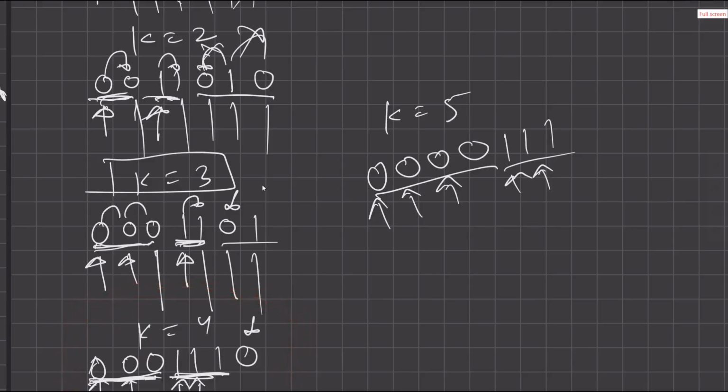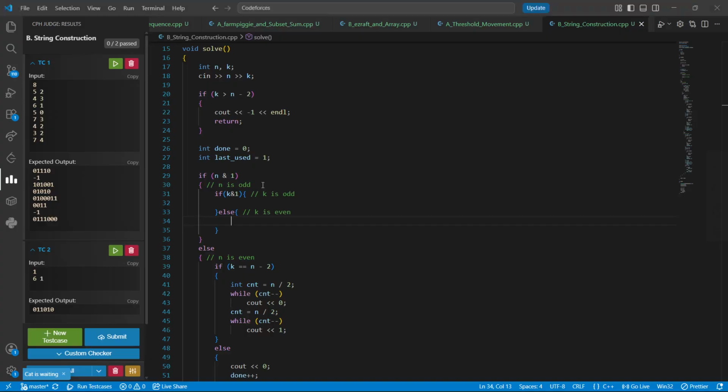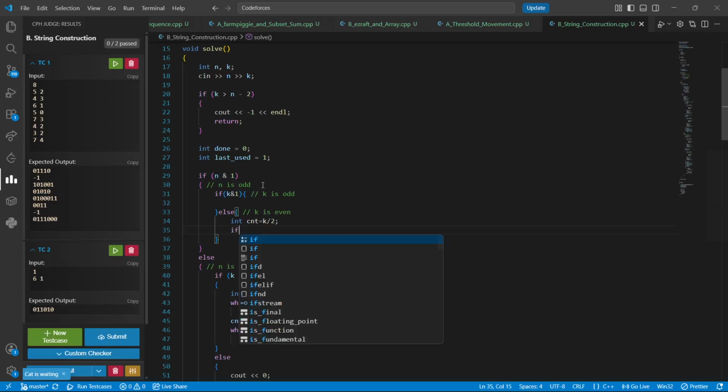So what do we have? We need k adjacent pairs, so we will divide equally in both zeros and ones. So 2 will be here and 2 will be here. So 2 zeros will be printed, and at the end we definitely need 1 in order to make sure the last 0 is a valid adjacent one. Similarly, we will do it here. So what we are doing: count is k by 2. Yeah. Your count is going to be k by 2. If count